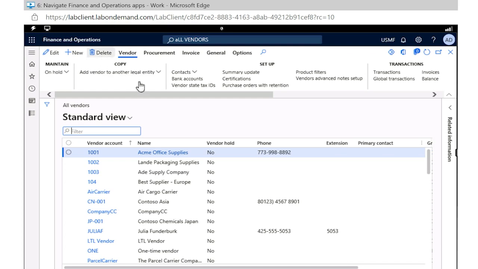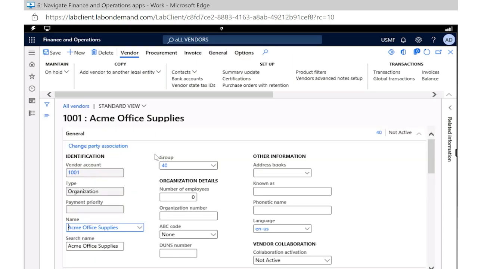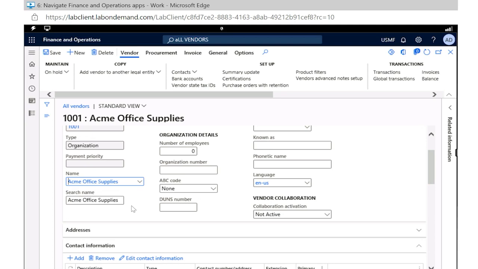If you wanted to, be careful with this option. You do have the option to delete, but that's something you don't want to use lightly. If we select one of our vendors here, let's select Acme right here. This is where we can pull up any related information to that company. You can see their vendor account, their name, and because I'm logged in as an admin, I absolutely can